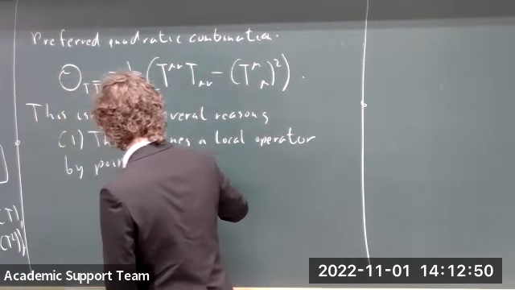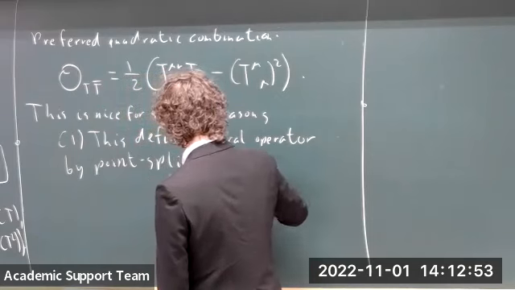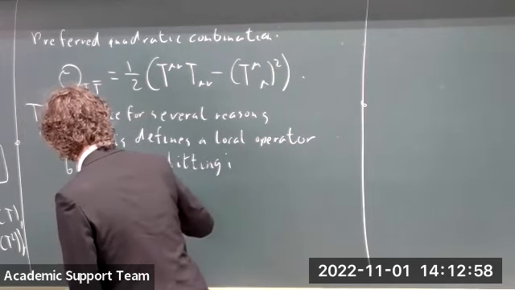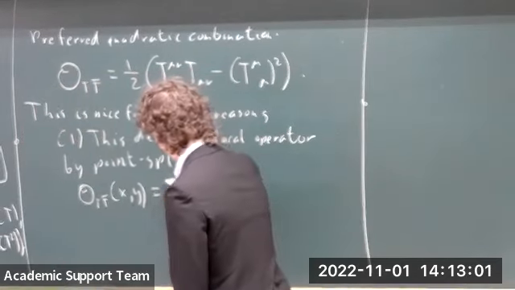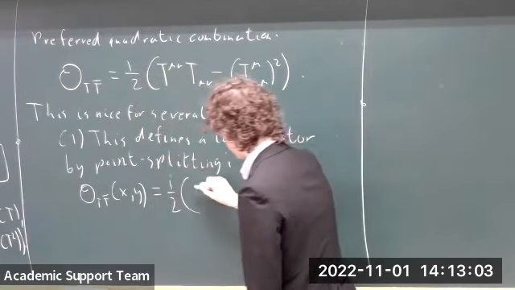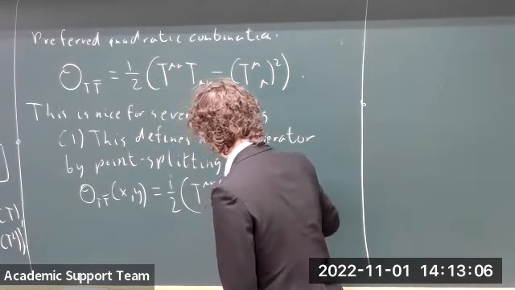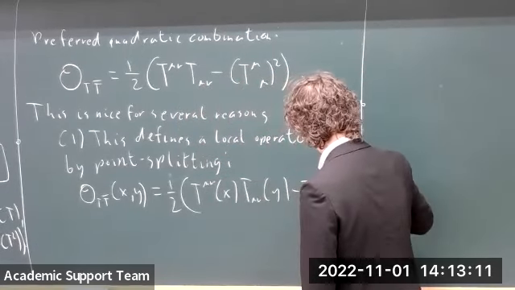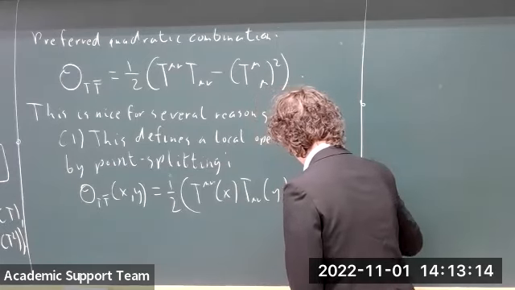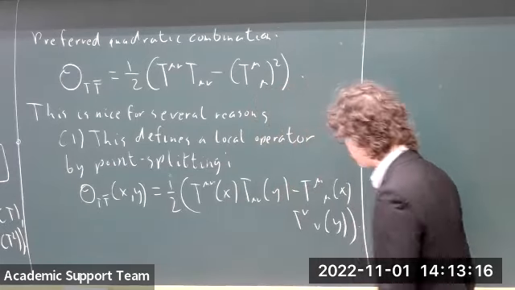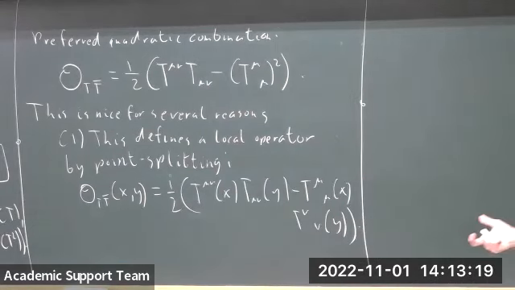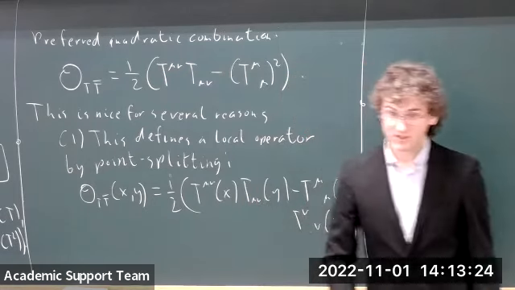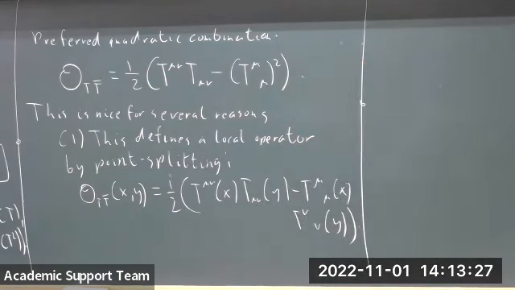So what do I mean by this? I mean that if we take a point split combination, inserted at two points in the field theory, where I take each of the stress tensors and evaluate them at a different point, and then take the coincident point limit as y approaches x, this now involves products of local operators at coincident points, which is generically a divergent quantity in a quantum field theory.